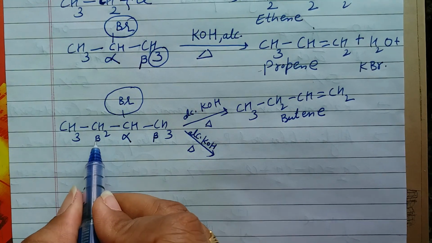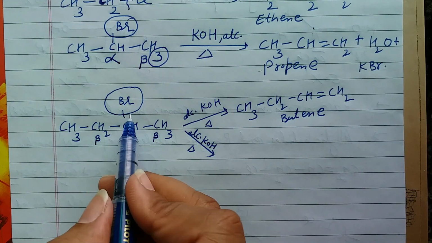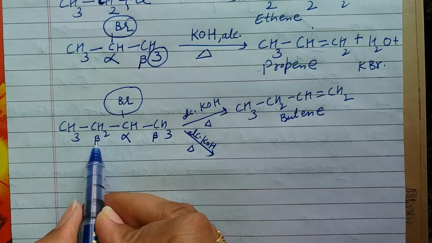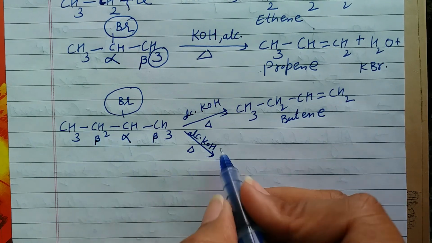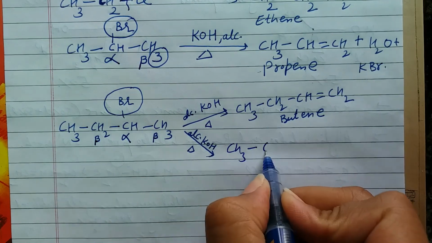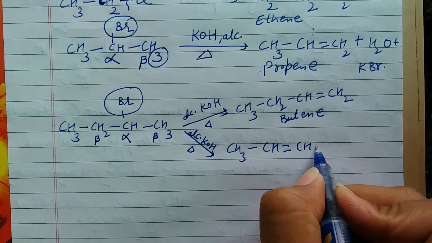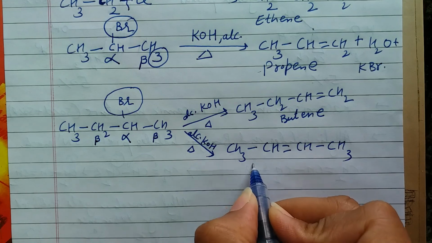Now if you consider the second beta position, the halogen will be removed from the alpha, and now remove one hydrogen from this beta position. So this alpha-beta is going to get a double bond, and the product formed is going to be CH3, CH double bond, CH, CH3. And what is this? This is